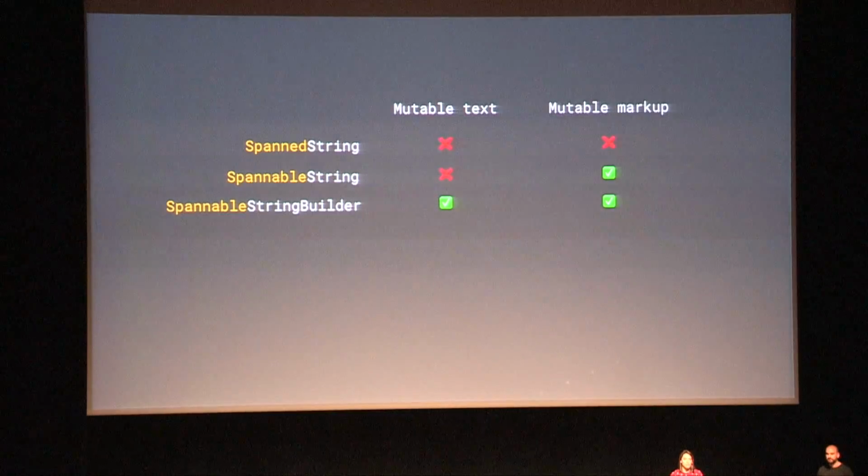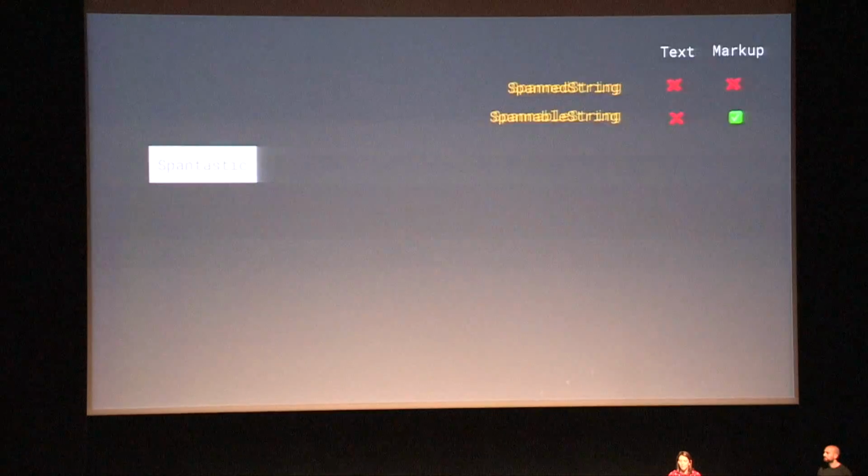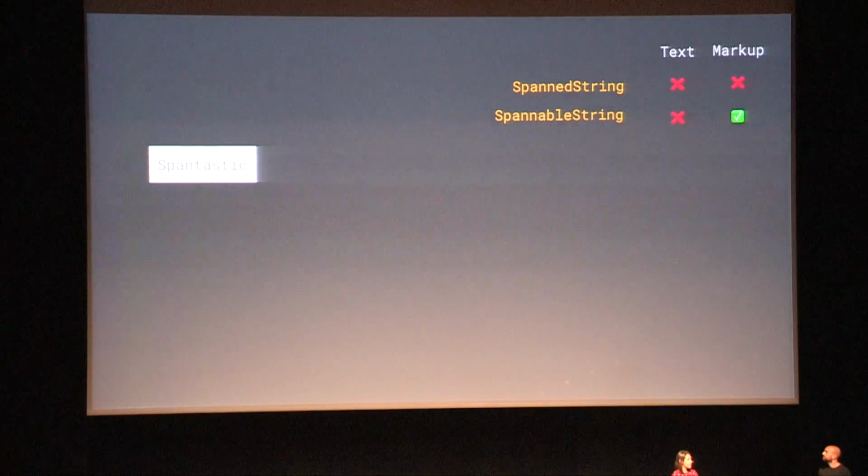Even if the implementation under the hood is different, you should actually use the one that fits your case best. So if you're working with text where you're only modifying the markup objects that you're attaching to it, use a SpannableString. If you're not modifying the text at all, you just want to get the spans from it, use a SpannedString. And similarly, if you want to update both the text and the markup, use a SpannableStringBuilder. Okay, I'll keep this as a cheat sheet there in the corner,